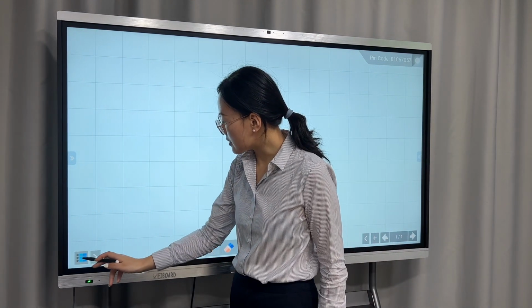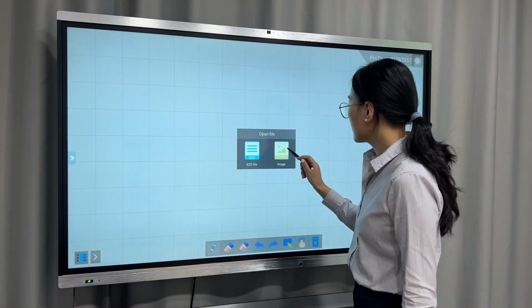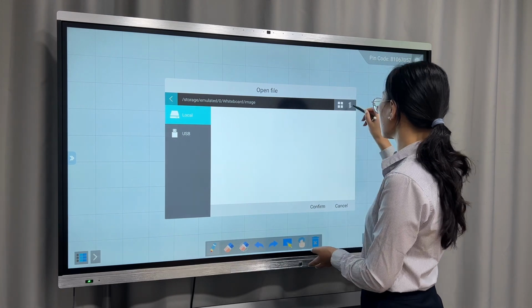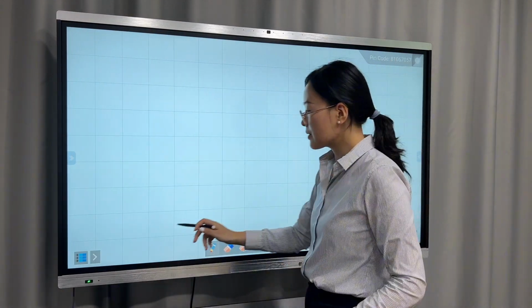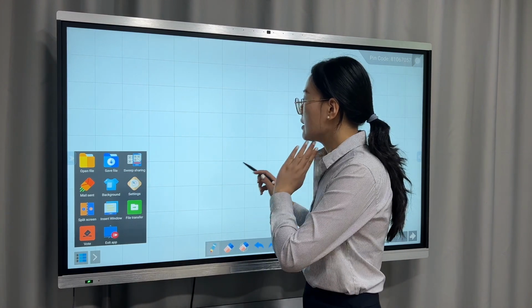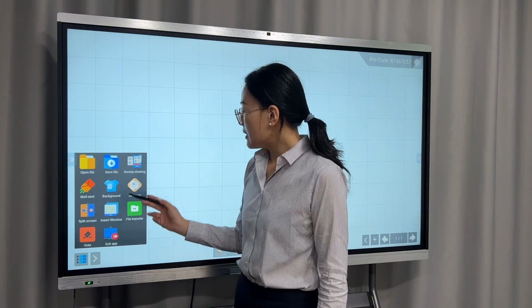Okay, from this toolbar, we have many functions. We can open the file from our USB or from local, insert the pictures file here, and we can save the file. After class, we can save all the pages. Next one,